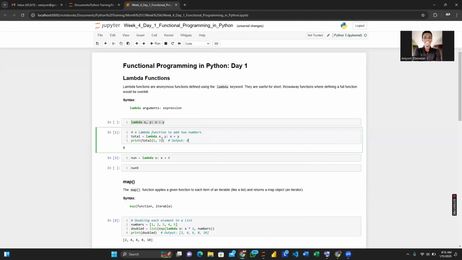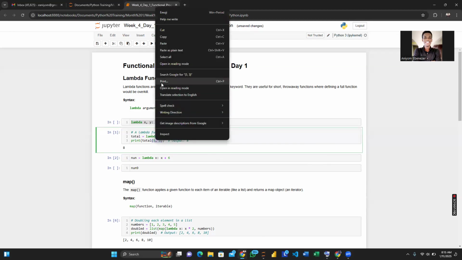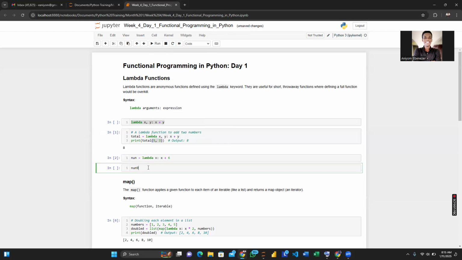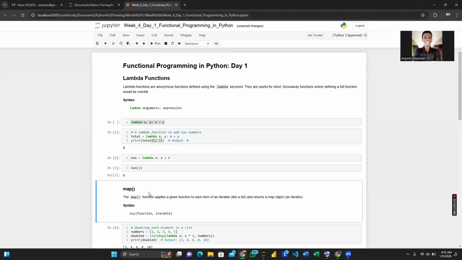So I want to make use of these values, that's why I'm trying to bring them up here. Okay, so I have x equals 3. If I run this, I should be having what? 9, because x becomes my argument, while x plus 6, that x, I have now given it a value of 3, and 3 plus 6 will become what? 9